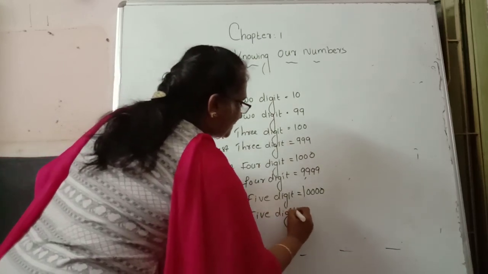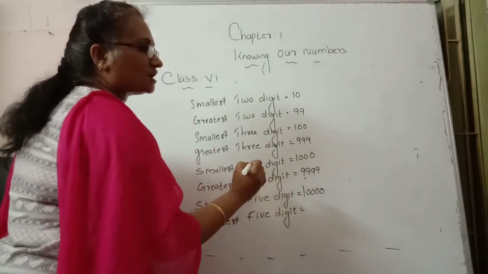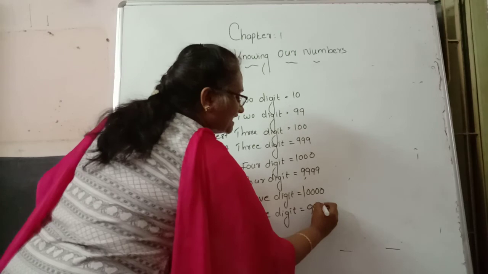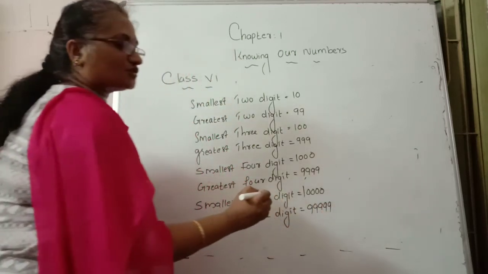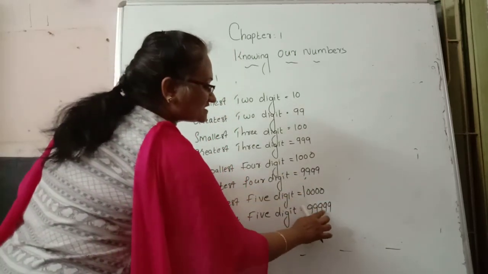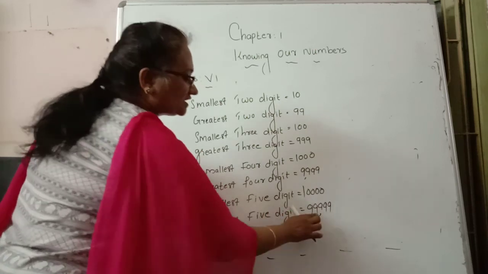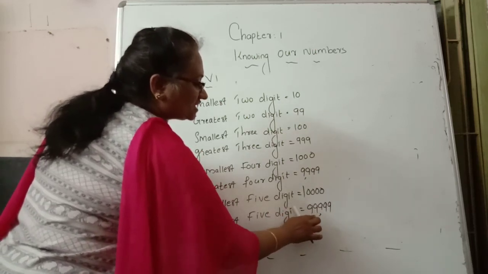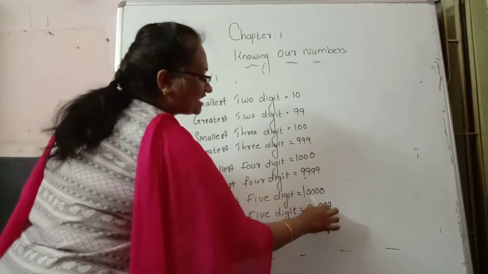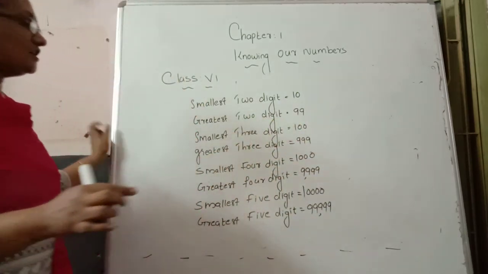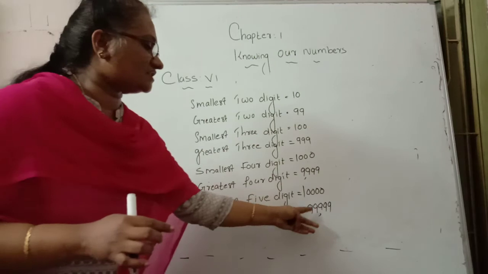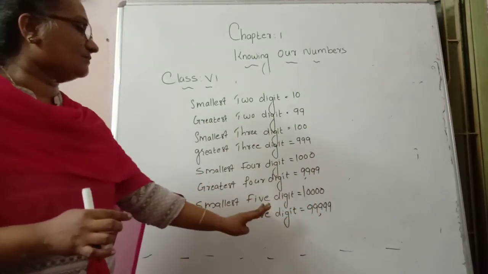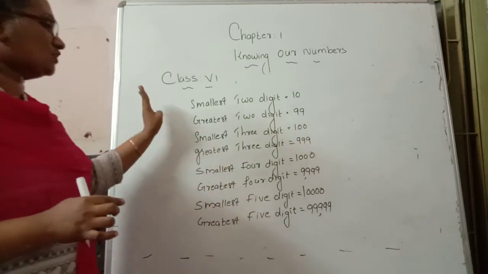So once again, next last is greatest 5-digit number. Greatest 5-digit number, how to write? Easily. That means 5 times 9 we can write. So how to read this number? Ones, tens, 100, they belong in one group. Then this 1,000 group and 10,000, they are read together. 99,999 is the number. 99,999 is the greatest 5-digit number. I hope you can understand this topic.